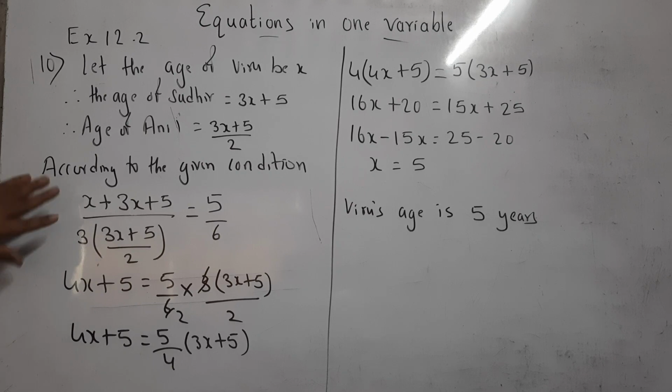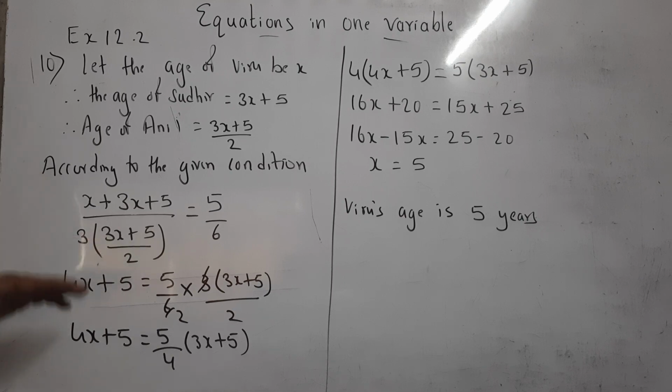Framing is very important. This framing, ये according to condition, और अगर तुम लोगों को समझ में आया, then this chapter is quite easy. Okay, we had completed this chapter. So in your unit test, you are going to get only 2 chapters. First we had done division of polynomial, and the second chapter, we had done equation in one variable. That means only 2 chapters will be there for your unit test portion, that is chapter number 10 and chapter number 12. Is it clear to everyone? I hope all of you understood.